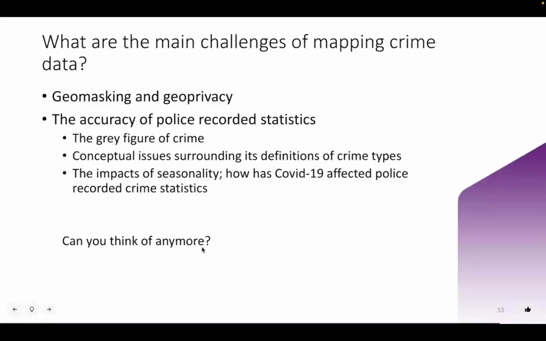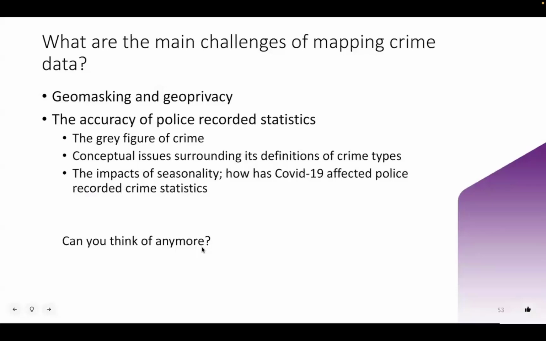So yeah, before rounding up, I just wanted to talk about some of the main challenges of mapping crime data. And this brings us on to what we know as geomasking and geoprivacy. Police recorded crime provides point information through the use of GIS, like we've discussed. But the accuracy of this spatial data is obscured by geomasking techniques that basically serve to protect the location privacy